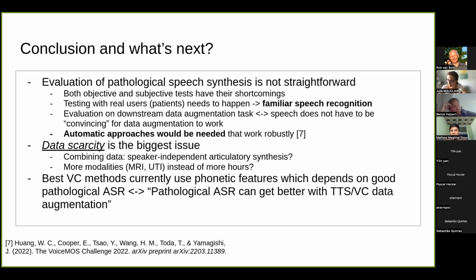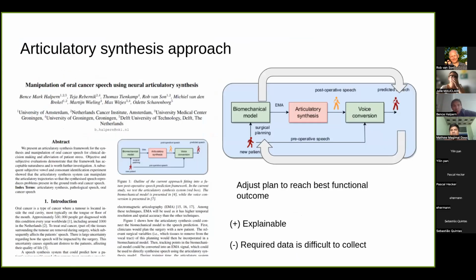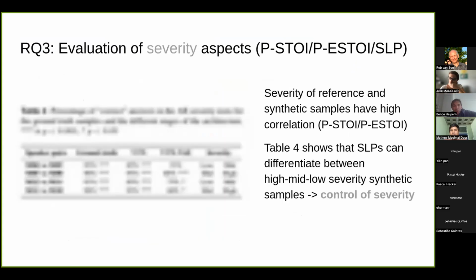In the voice conversion work, this was using the PS story and the P story, and also using subjective evaluations with the speech language pathologists to show that it is the severity. There are certain cases where it was more straightforward that it's the naturalness that's being measured. So in the case of